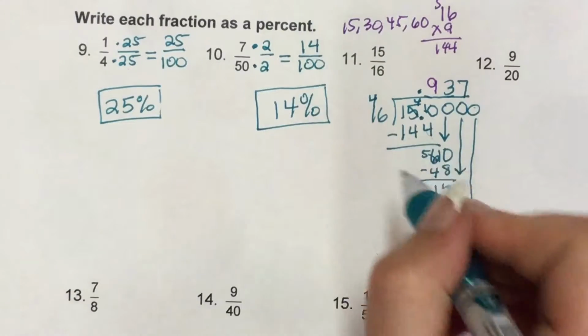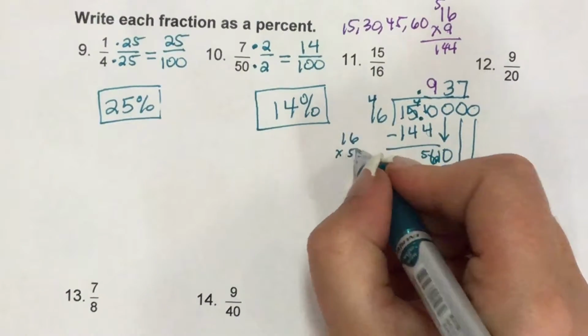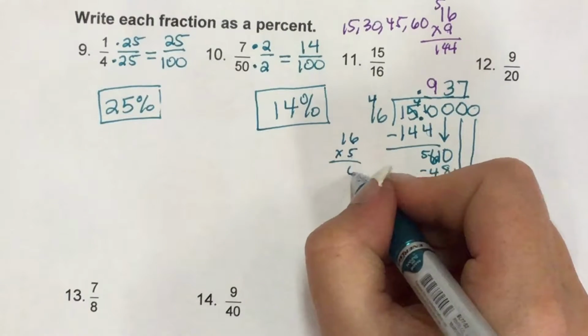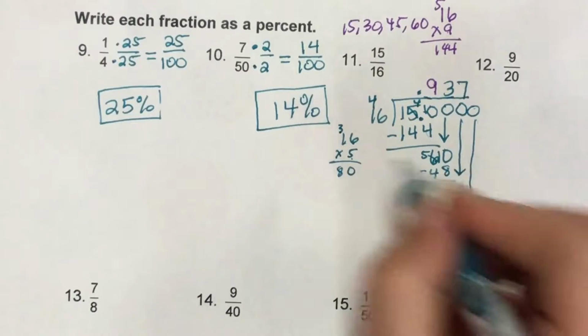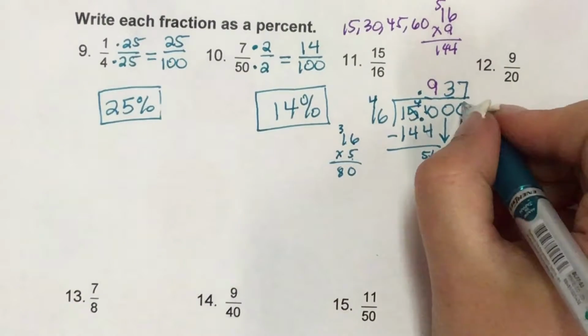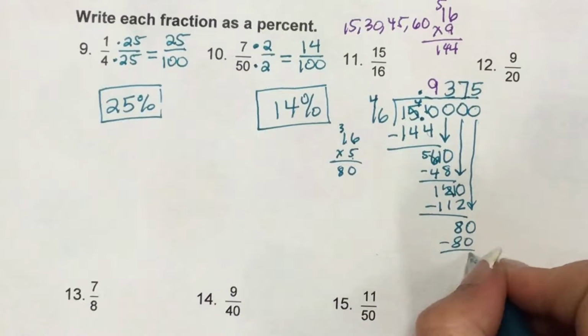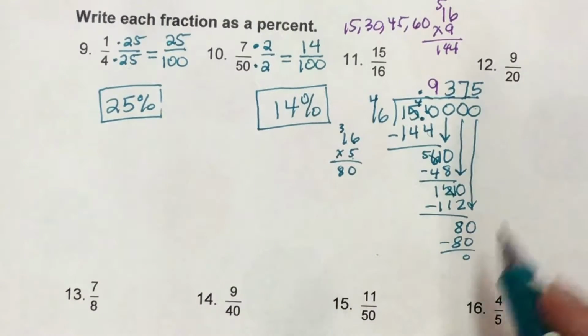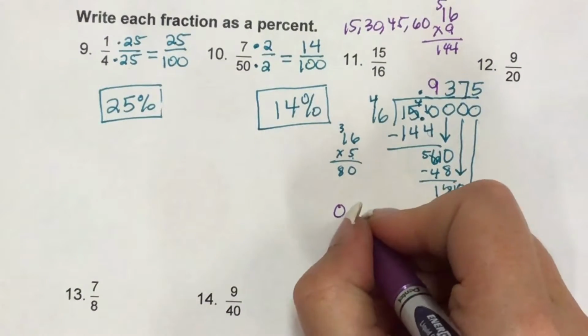I'm just going to go over here on the side and figure out what 16 times 5 is. 16 times 5. 5 times 6 is 30. Write the 0, carry the 3. 5 times 1 is 5, plus 3 is 8. So yes, it does. It goes in 5 times exactly. 5 times 16, we just figured out is 80. No remainder, we're done. Whew! All right. That was a fun one. So we end up with our answer